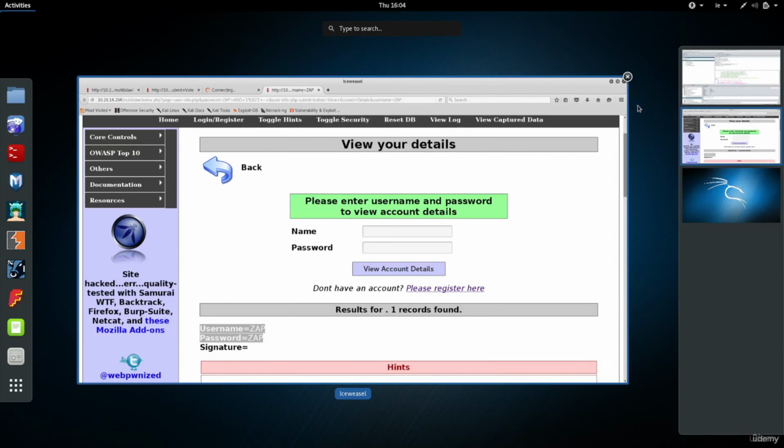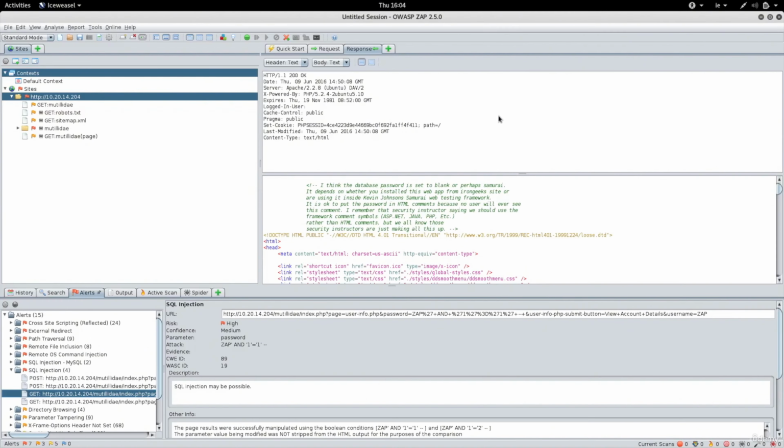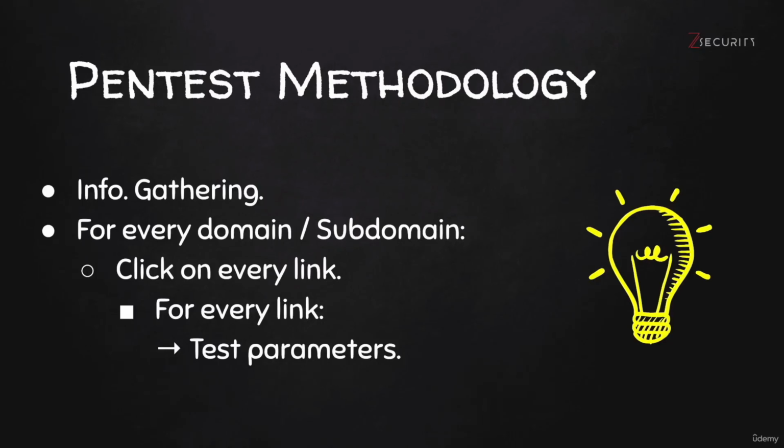So the tool is very simple, very powerful, and very useful. You can play around with it. You can play around with the proxy and with the options and see how you can enhance the results and achieve even better results. So far in the website hacking section, we learned how to gather information about a target website,